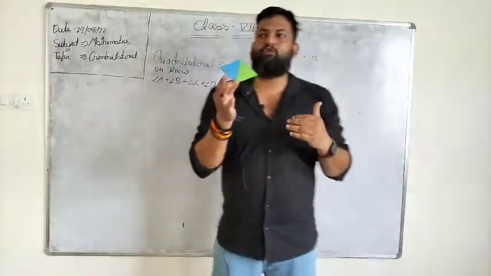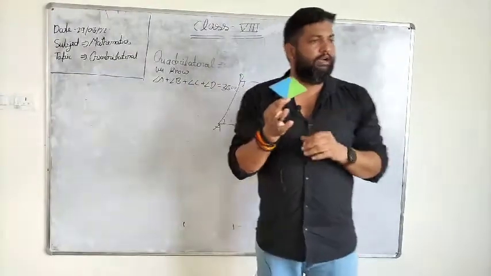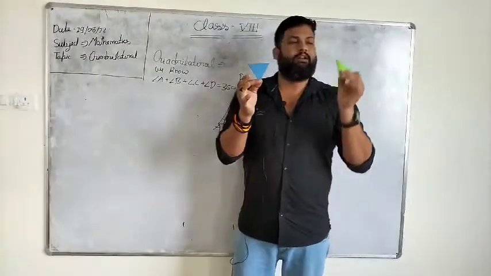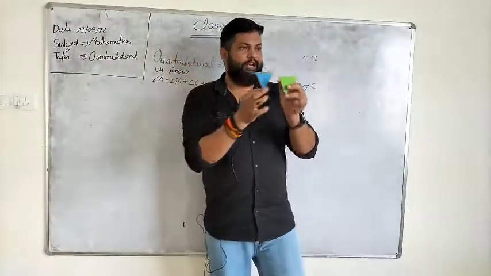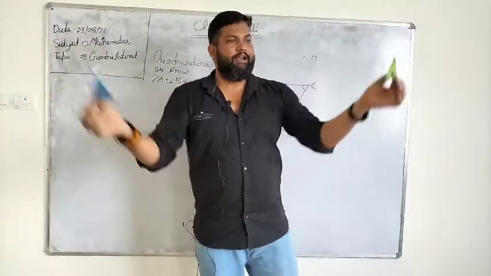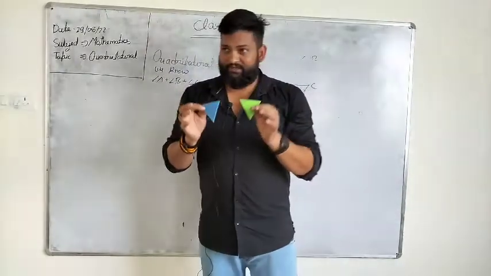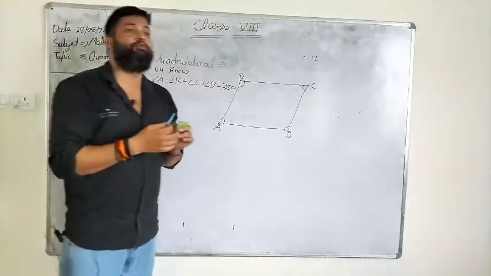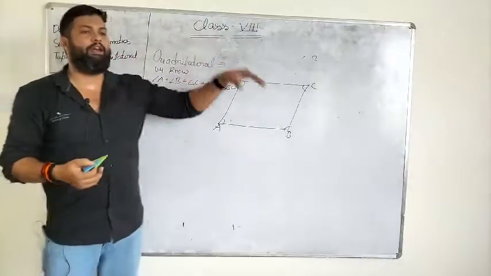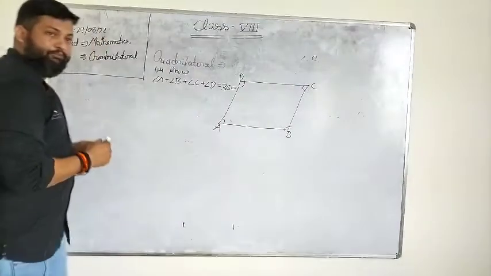And if we have to find the sum of all angles in a quadrilateral, simply you can say, sir, this is the triangle, and we know the angle sum property of a triangle is 180 degrees. That is also 180 degrees, and when we join them together, it will be 360 degrees. But if we have to prove it mathematically, how can we prove the sum of all angles in a quadrilateral? So there is a process.